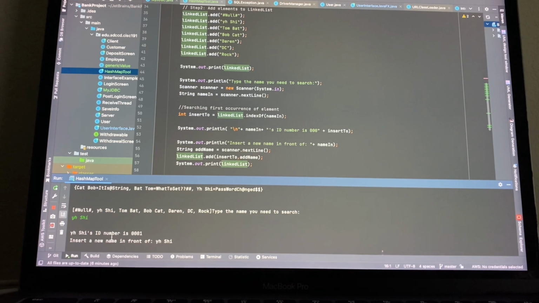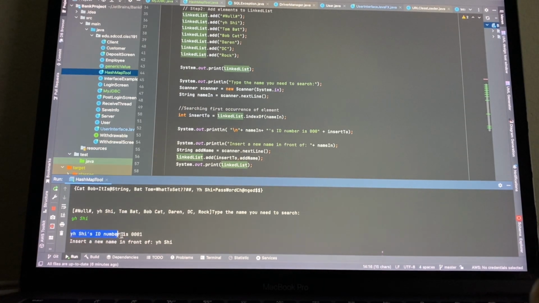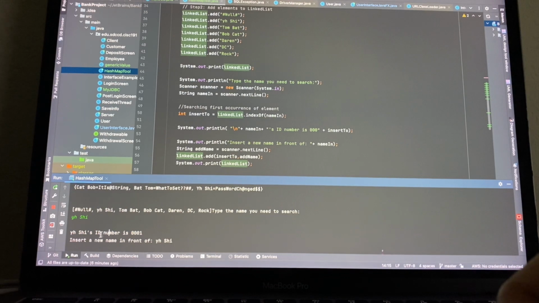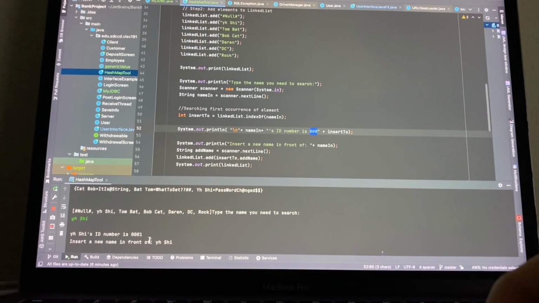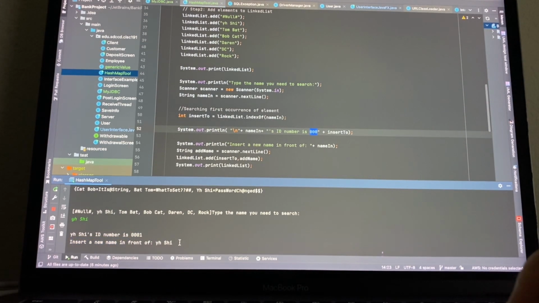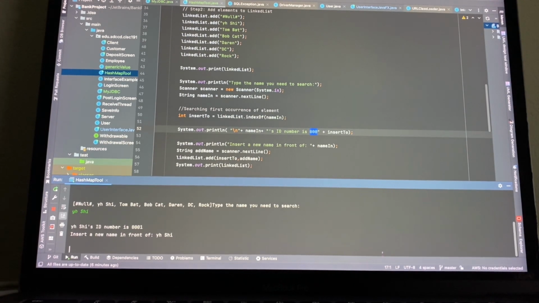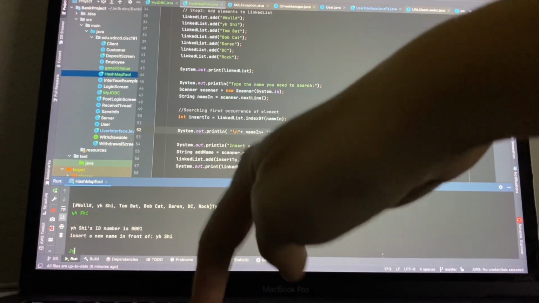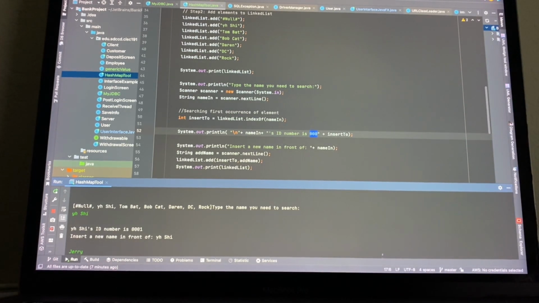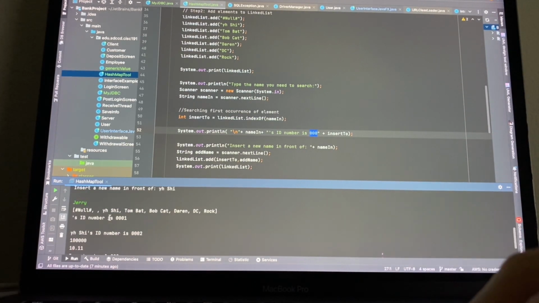and you can see my name's user ID number is 1. I added a couple of 0s in front, and then insert a new name in front of my name. I just randomly write something like Jerry, and then you can see